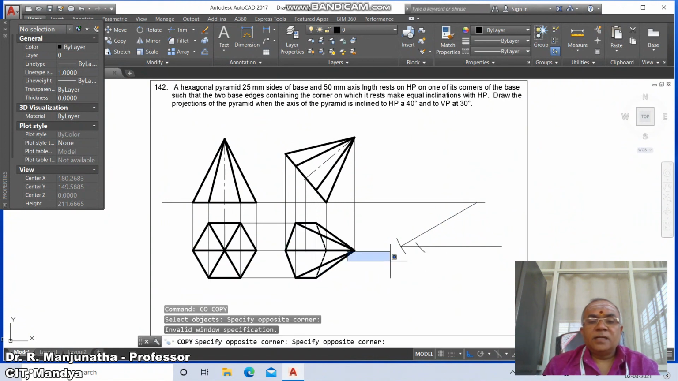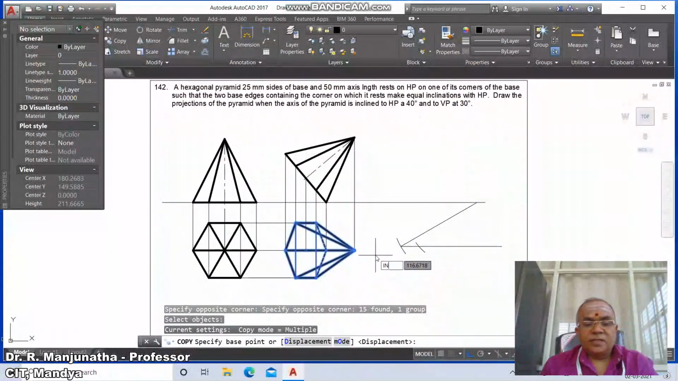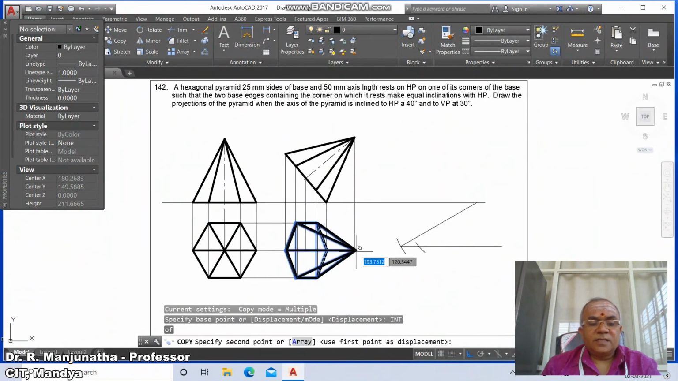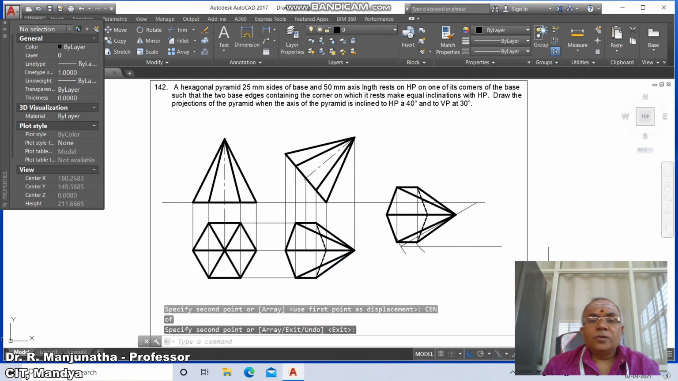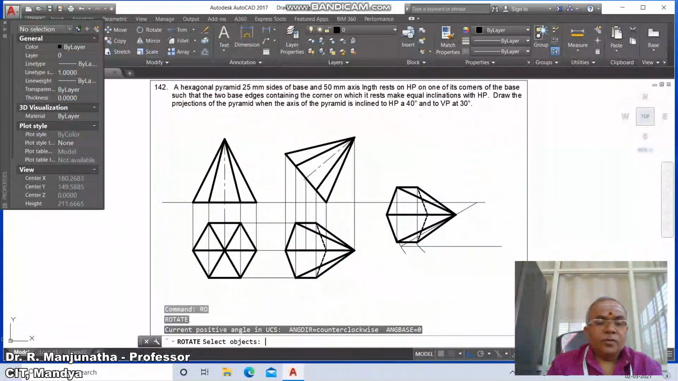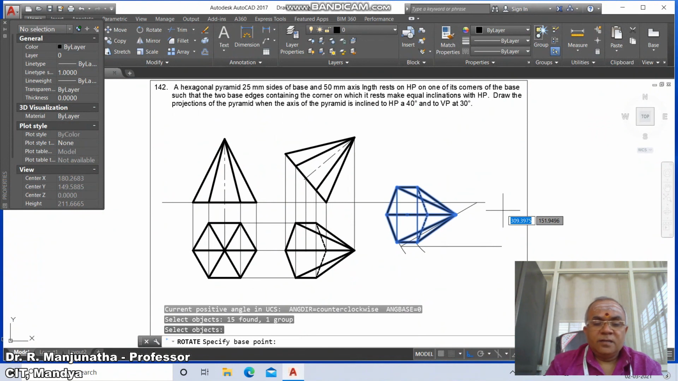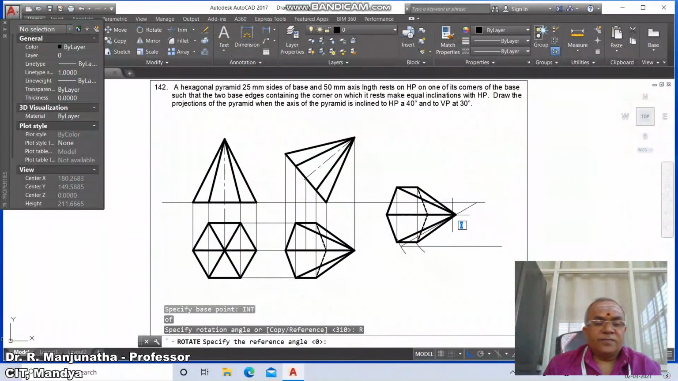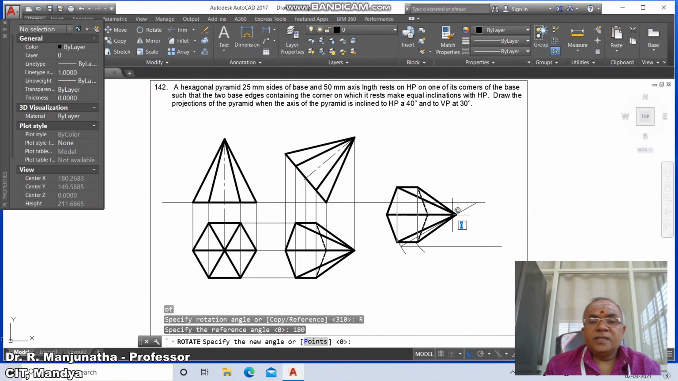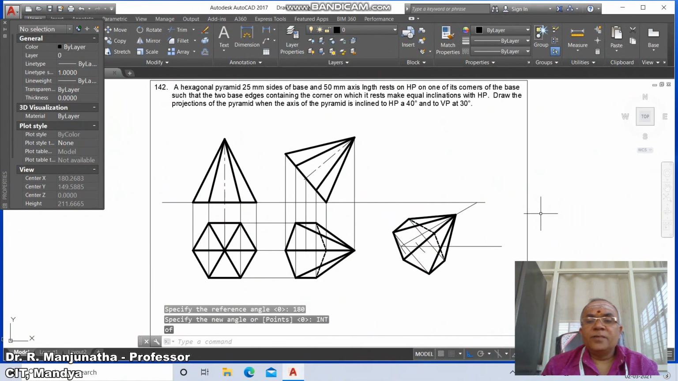select this, take the intersection point of this and take the center of this. Then go to rotate, select objects, select this, take base point, intersection of this, then go to reference angle as 180 and then specify new angle as the intersection point of this. Then go to break, select this and break it here, then select this